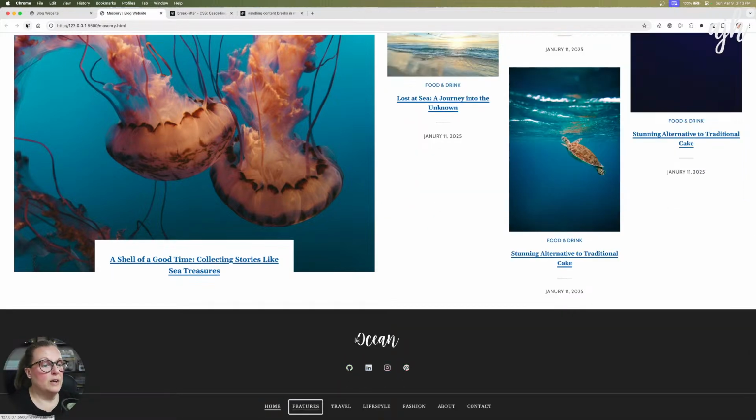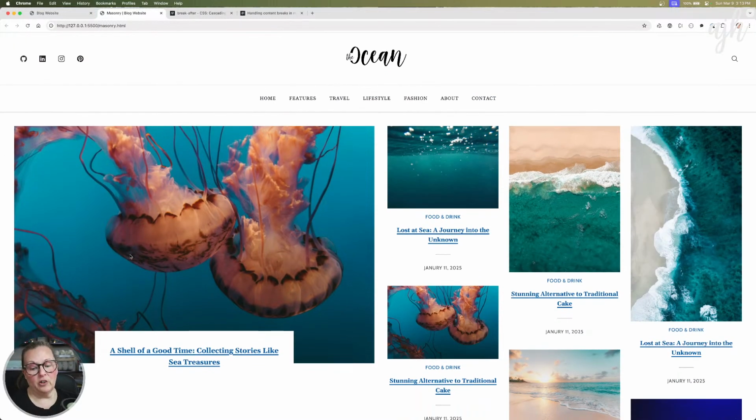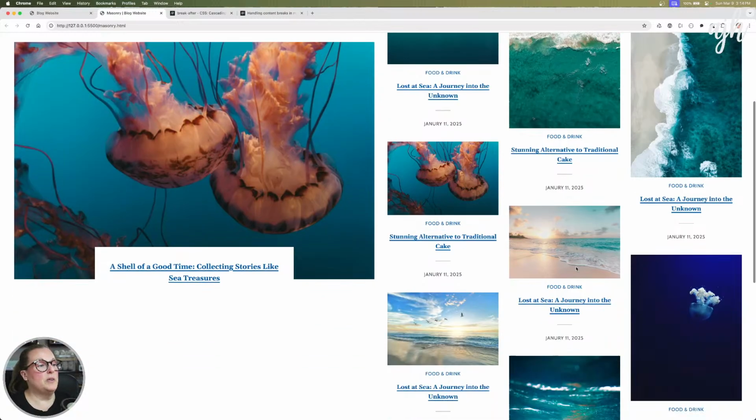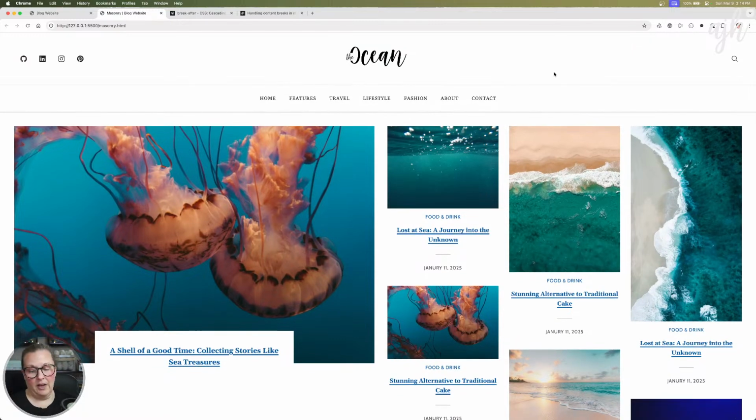This would make a great layout for a portfolio. In my opinion, this would make a great layout for a portfolio. If you wanted to feature here on the left, maybe your most recent work, your most recent project, and then these could be just a nice little grid here of additional projects, yeah, that would be amazing. So, okay, let's take a look at